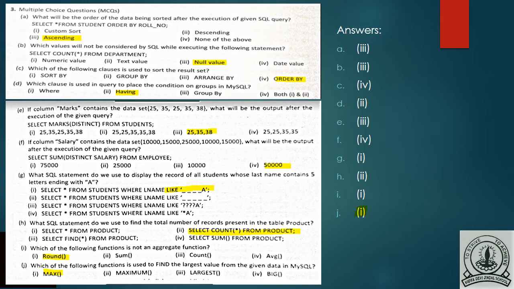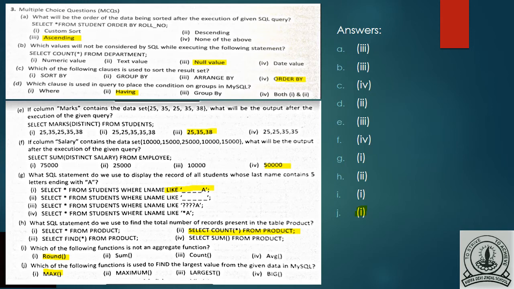F. If column salary contains the data set, see this data set, so find output, select sum distinct salary from employee. It means only the different or distinct salaries will get added up.